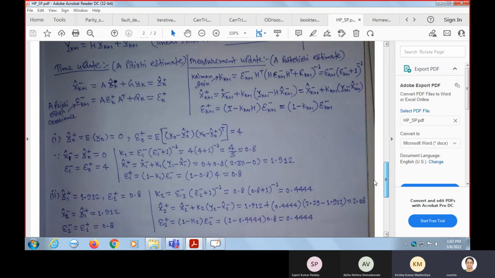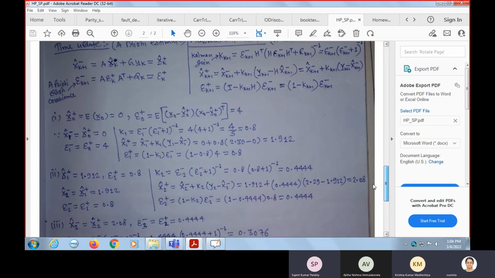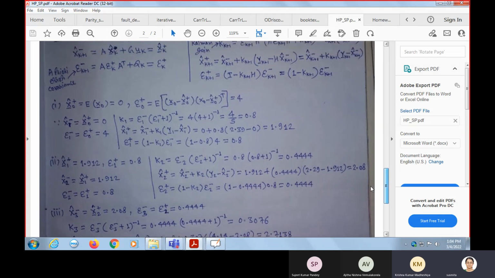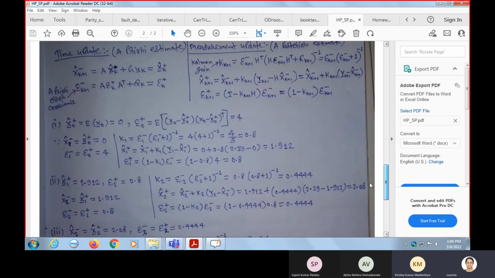So, Ajita, you are getting some idea how you need to do the intermediate calculations using one measurement at a time. So, this is the guess. It is given in the problem statement. The prior information has to be actually used as the initial guess. So he has taken 0 because the prior distribution has mean 0 and variance 4. So this is 0 and this is 4. Okay, and then he has used the Kalman filter equations and found the error covariance and estimate. This has to be repeated for the next, next. Yes, it has to be repeated.